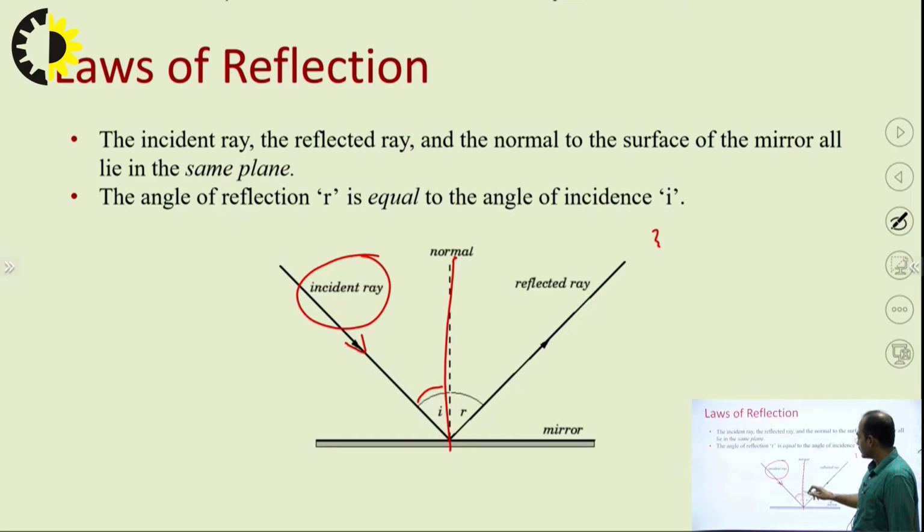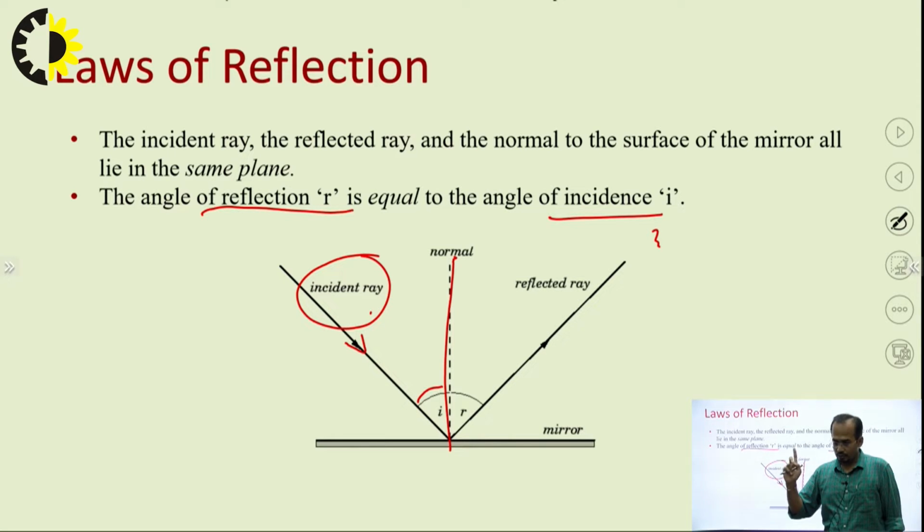So, it means the angle of incidence should be equal to the angle of reflection. The angle of reflection R is equal to the angle of incidence. So, two important things are there. First is that the incident ray, reflected ray and the normal to the surface of the mirror all lie on the